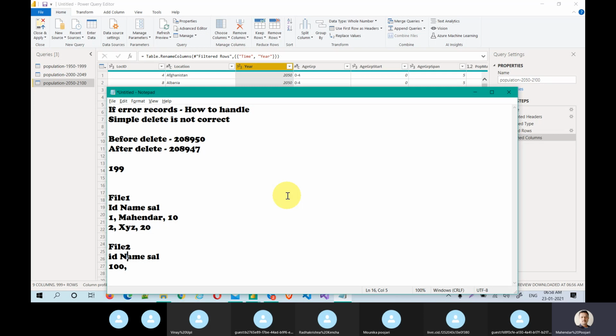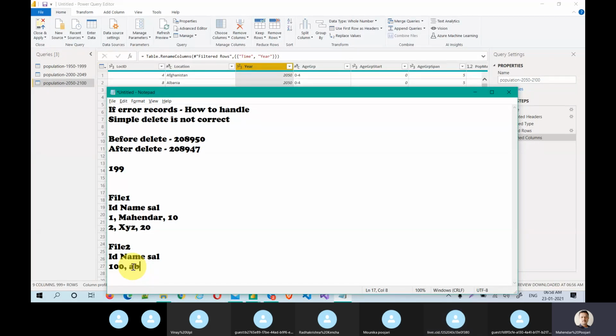Okay, again it should be capital M, also should be capital I. Why am I doing this? Because it should be the same format across all the files here, but the data will be different. One file comes from one branch, another file comes from another branch, but ultimately that is the customer data. So it should be the same.